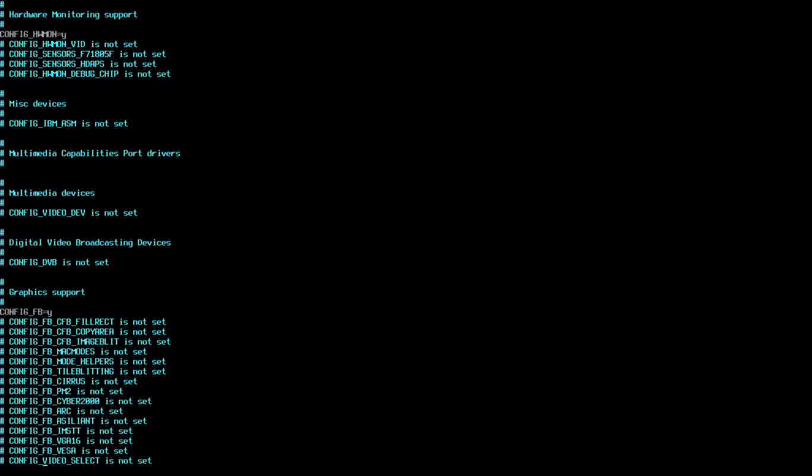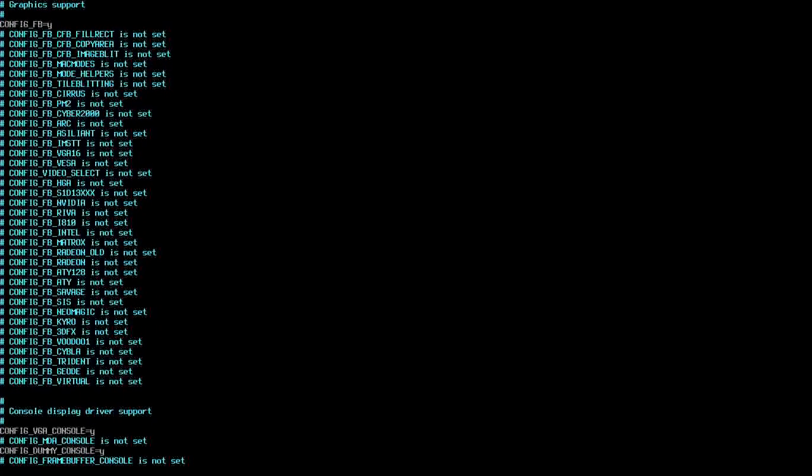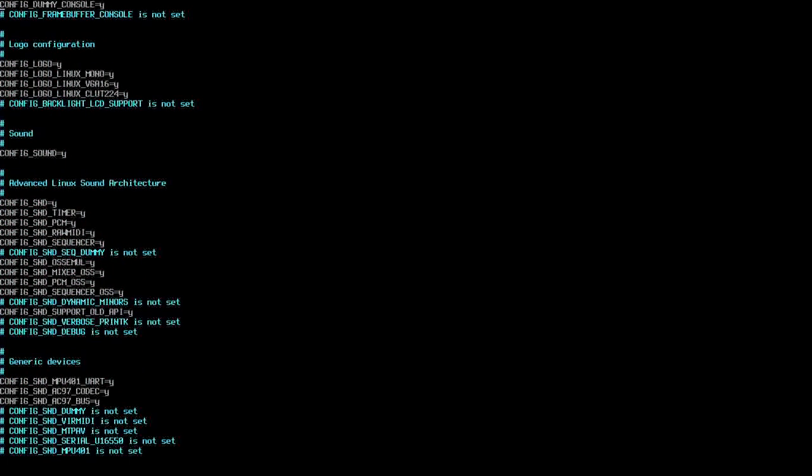Config frame buffer. Here we go with the frame buffer question again. I actually just might add this, but I don't know what frame buffer I need. BU Vesa. I don't know, I'm going to have to skip this one. I want frame buffer, but